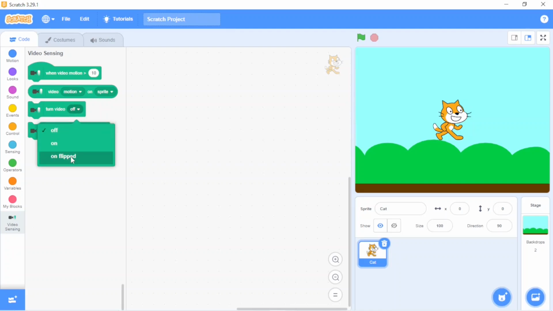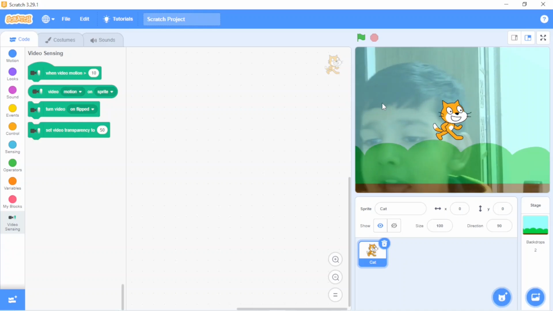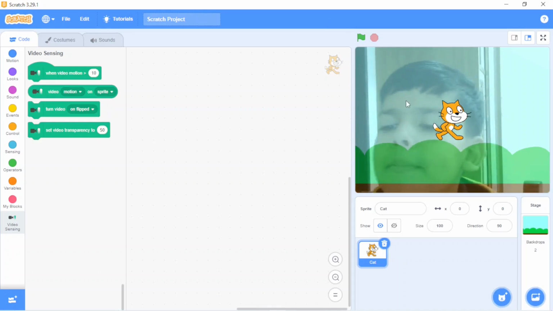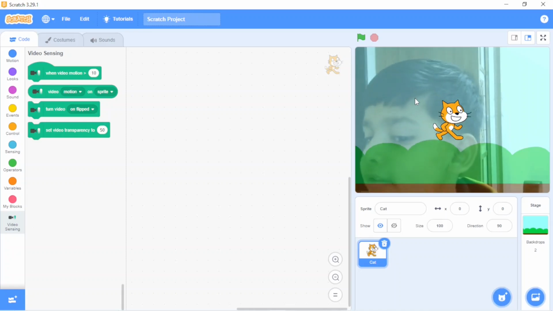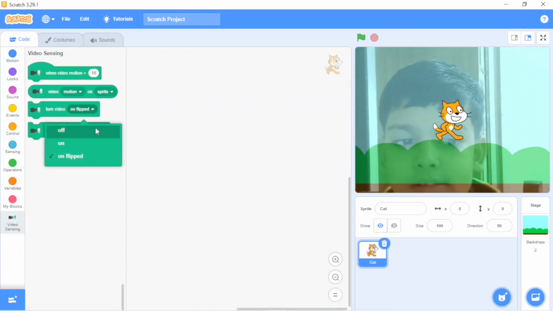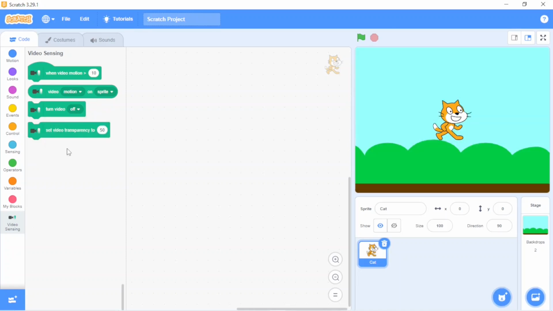And if on flip, then see, I have gone to the right side, but I am shown on the left side. So this is the on flip one.